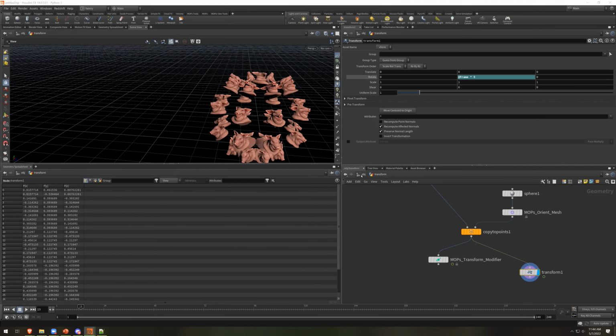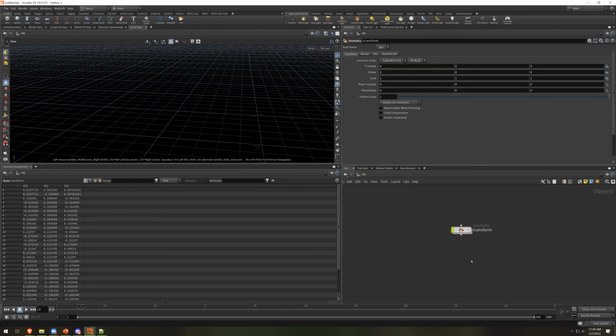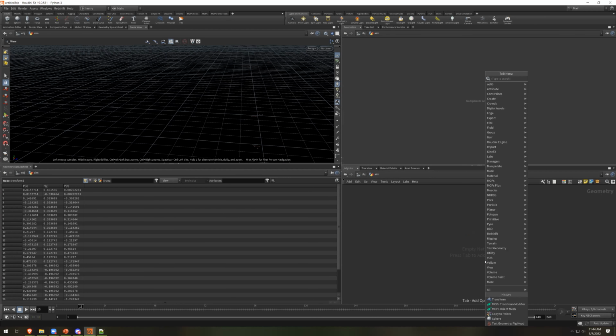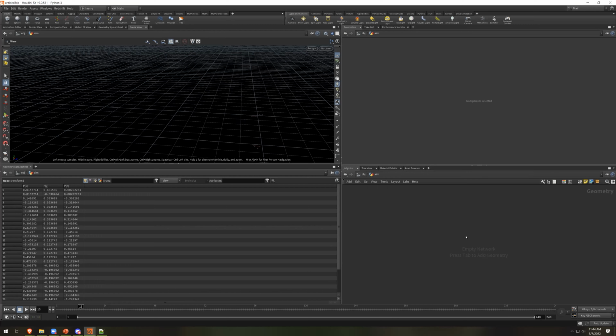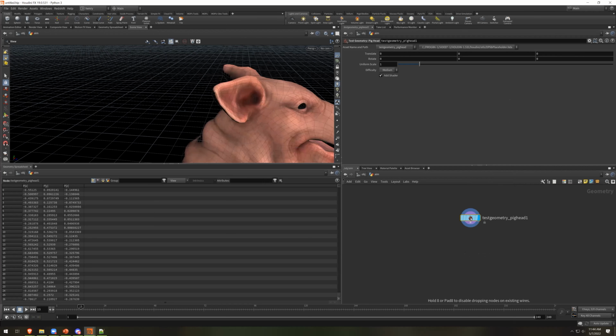Okay, great. We're just going to do this as a quick survey of other nodes then, in the interests of time. So the next one I want to go into is MOPS aim. And this one is sort of like the transform, but it gives you a different interface for how you want to rotate things. So the simplest example to use this for is